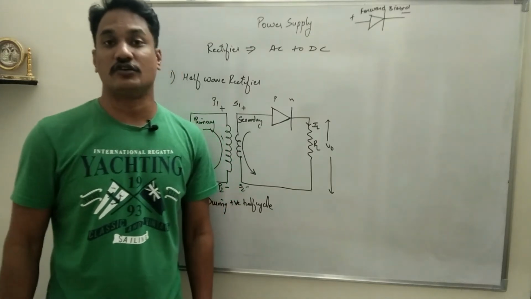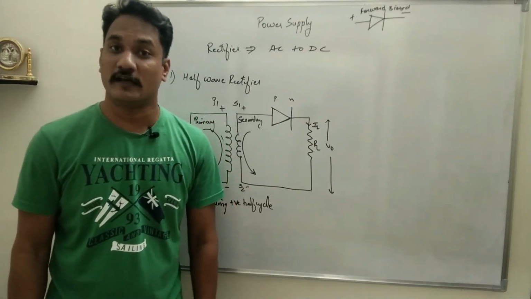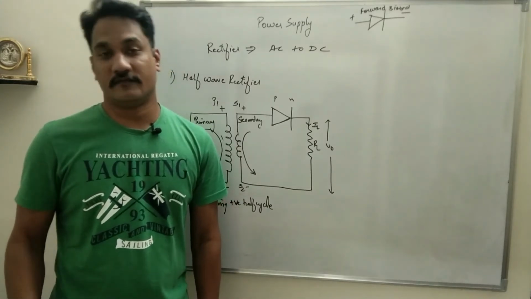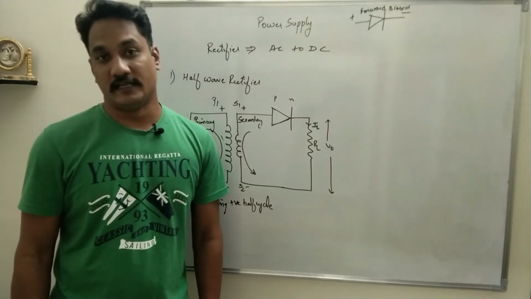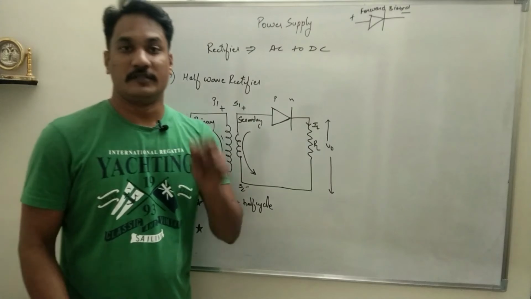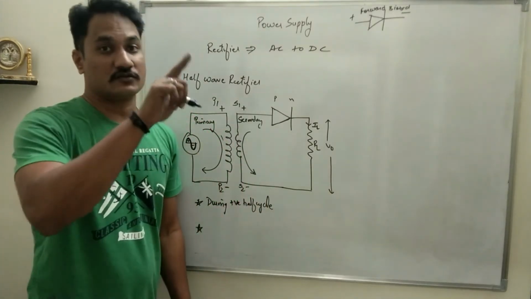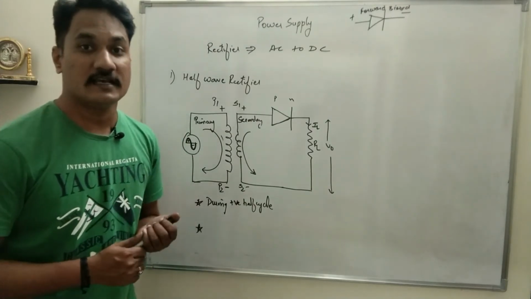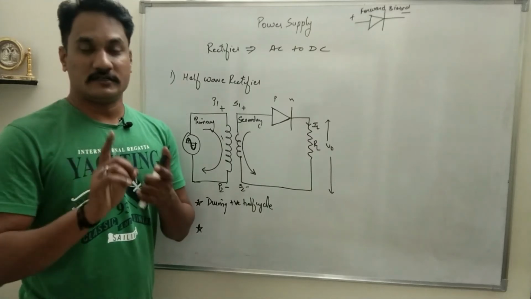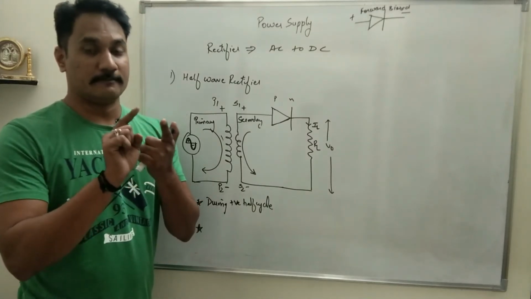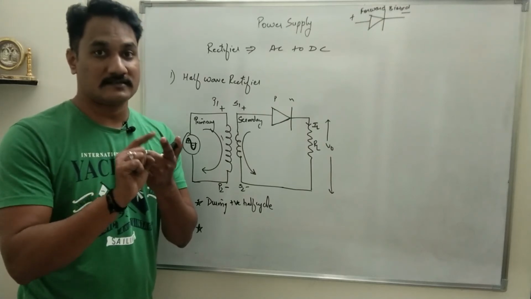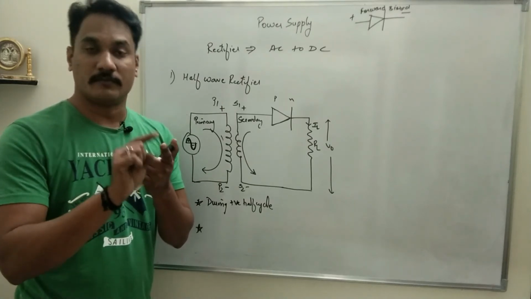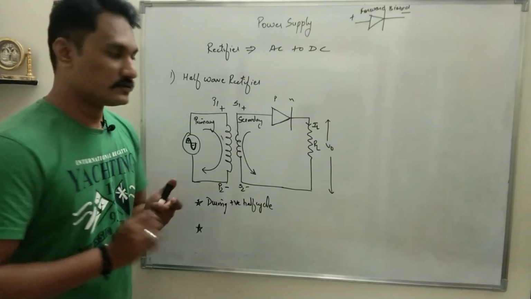A very small voltage of 0.3 volt or 0.7 volt will be dropped across a PN junction diode if the diode is made up of germanium or silicon respectively. That will be the drop across the PN junction diode. This we have understood in the introductory video of the PN junction diode in forward bias condition. That potential is called the knee voltage. So it is very important that you understand, when the PN junction is forward biased, the junction resistance is minimum. That means voltage drop will be minimum, current will be maximum, right? So that is the condition.